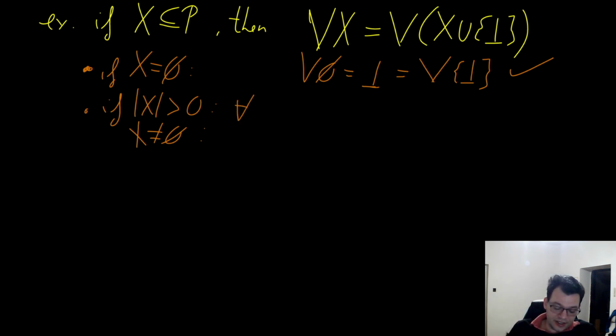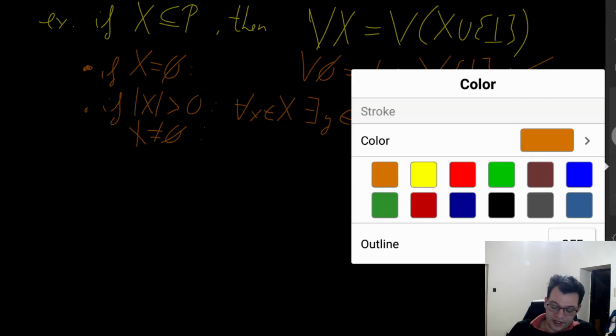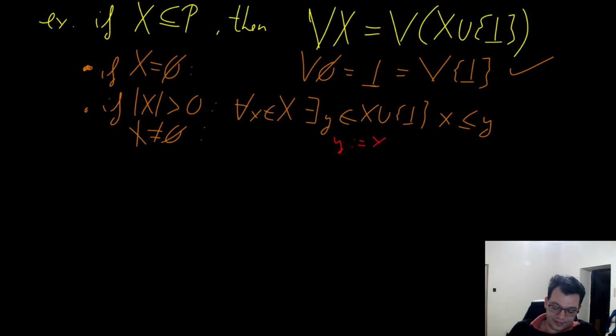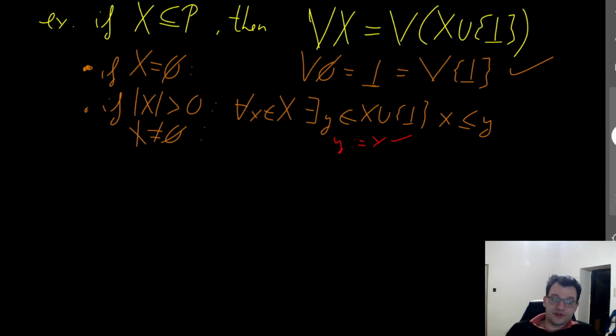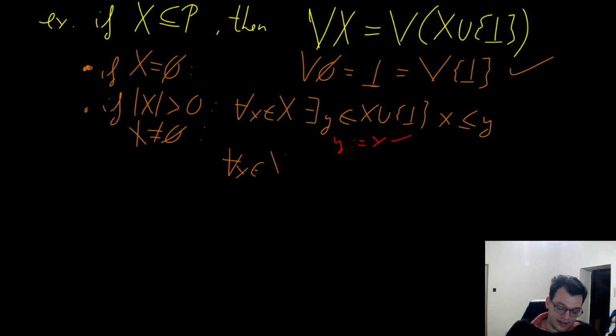So for each element in X there is an element Y of X union bottom, with X being smaller than or equal to Y. Of course you can choose Y to be X. So if you just increase your set, pushing in more elements, this property will still hold, so you will still have upper bounds for the original members of the set. Now for the other direction, for each X in X union bottom, there is an upper bound in the original set,